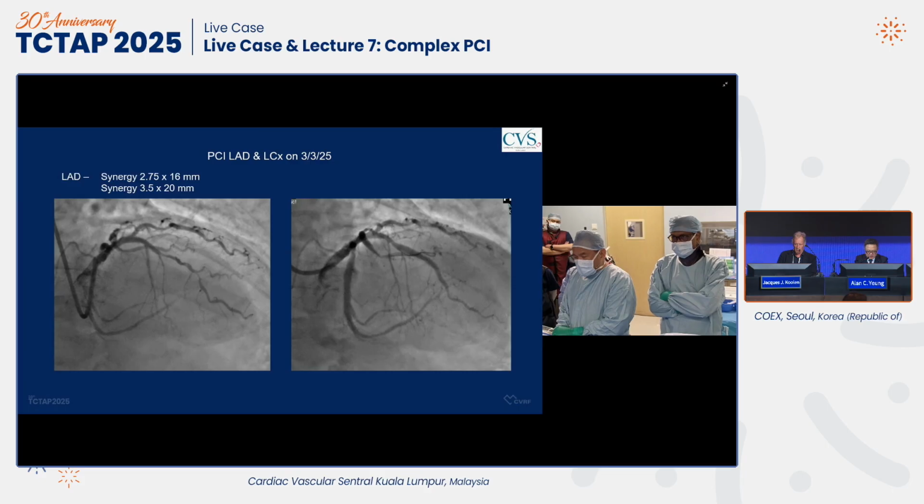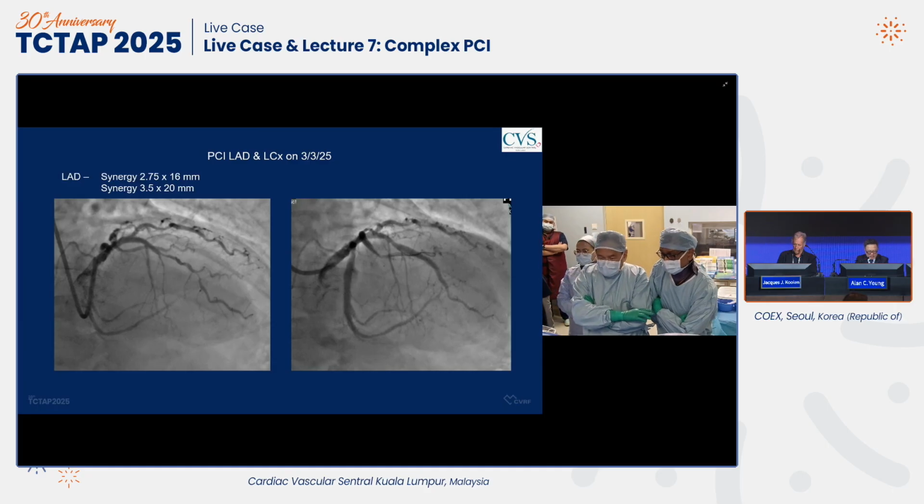So that's your focus for the day. How would people want to treat that? A very diffuse disease, PDA, some calcium. I'm not sure how much calcium there is. Since our last lecture, would people just go in and balloon it? What do people do? Any comments? Yeah, I think Rosli,